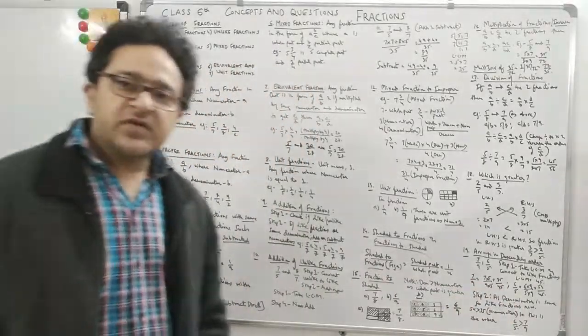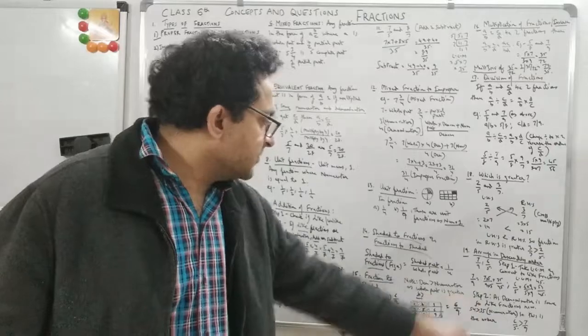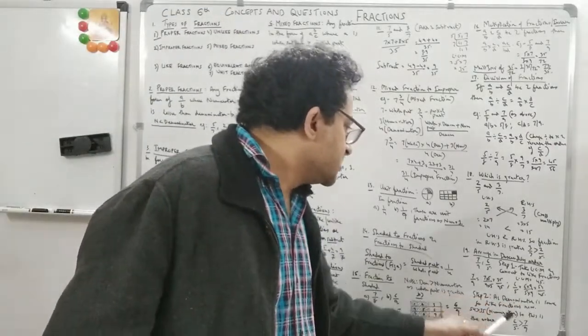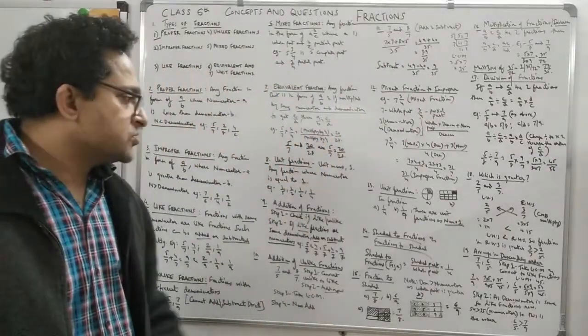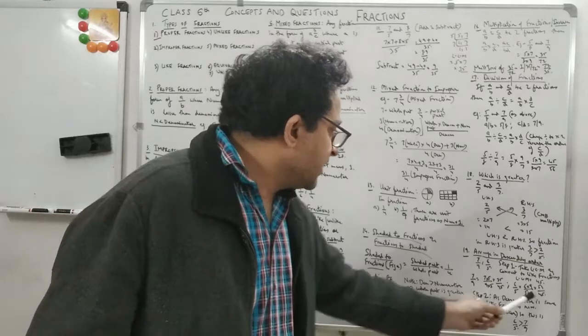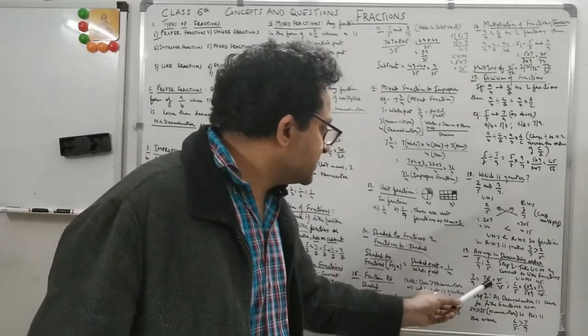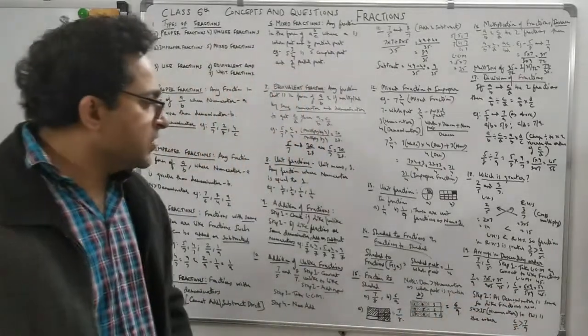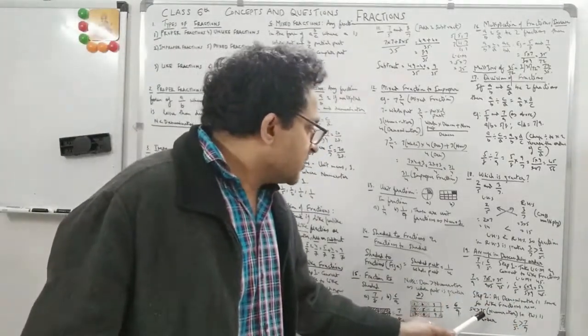So what do we get now? The denominator is the same. We have denominator as 45 in both. So they are now like fractions because the denominator is the same. You can see this 45 and 45. So basically 7 by 9 is the same as 35 by 45 and 6 by 5 is the same as 54 by 45. So now we know that whenever the